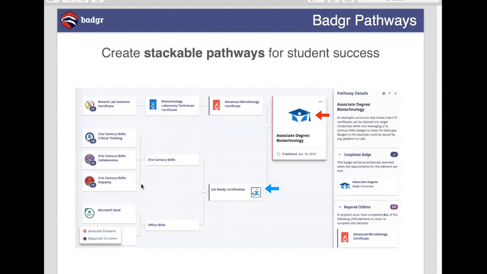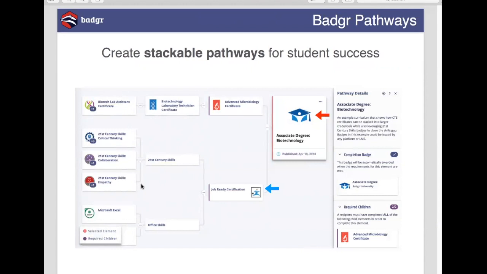And so what you're seeing here in this example is credentials that span 11 different issuing organizations and 3 issuing platforms. Because what open badges essentially do is create interoperability. And the example I like to use for interoperability is a power plug. When you go to plug something into the wall, you don't have to worry about how far apart those power pins are. You just plug it in, it just works. And that's what we've done with open badges, right? It no longer matters what system creates those open badges, because we have this technology standard, we know what's in the badge, we know how to manipulate it, and now we can stack them together across systems, right? This creates a host of new learning opportunities for learners,